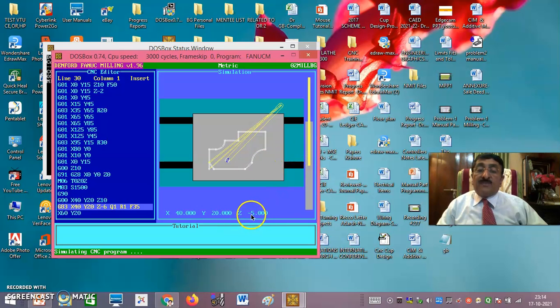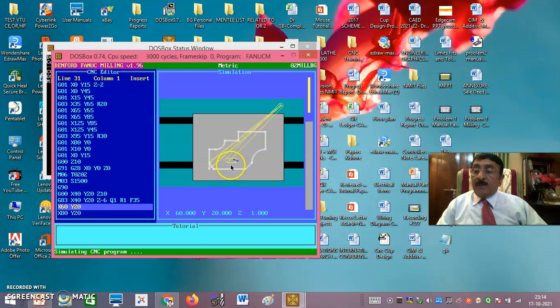Okay, now it is -5. Then it will go above the datum. Q1 is above R1, which is above the datum. Okay, -6. Then it will go to the second position, that is X60 Y20. It will do it in the same way, and every time it cuts by 1 mm, it goes above the datum by